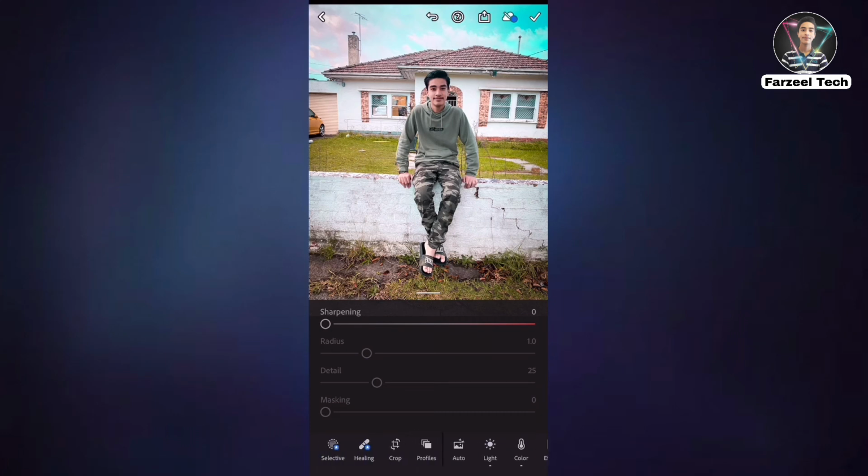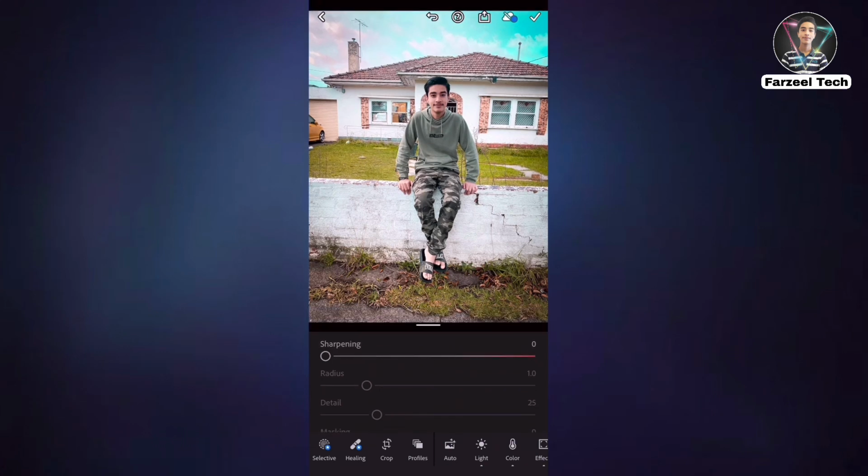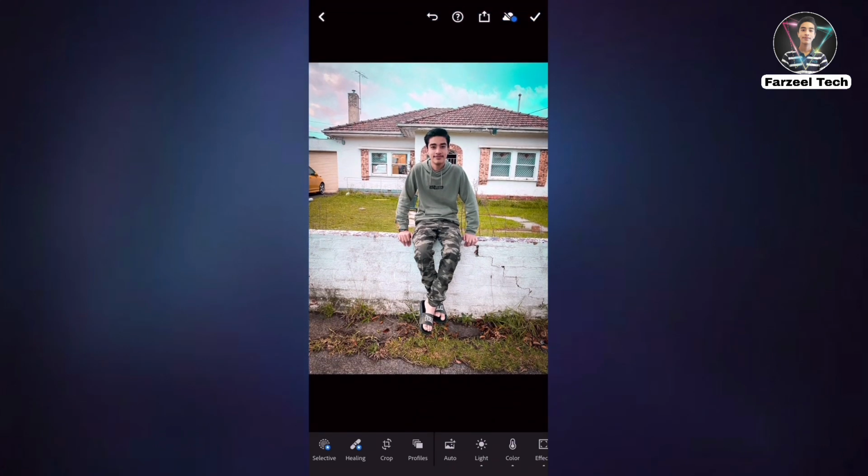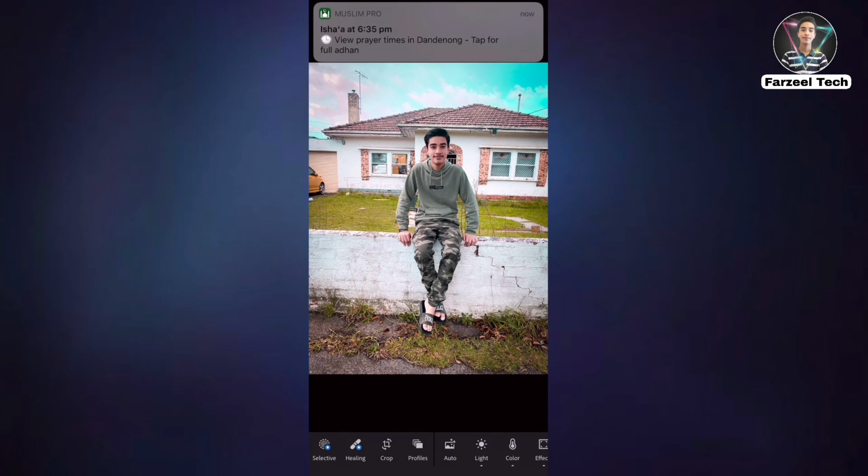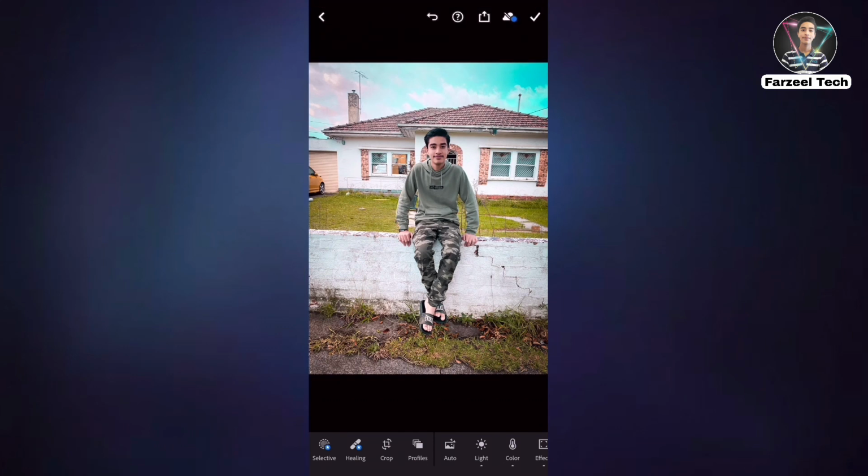Now if your photo is done, you think you are done editing, if you want you can also crop it. The way you save it into your gallery, I'll show you in a bit. First let me show you the before and the after of the photo. So here's the before and here's the after. As you can see, my photo is looking really good. It's looking perfect for an Instagram feed photo. So now let's save it.